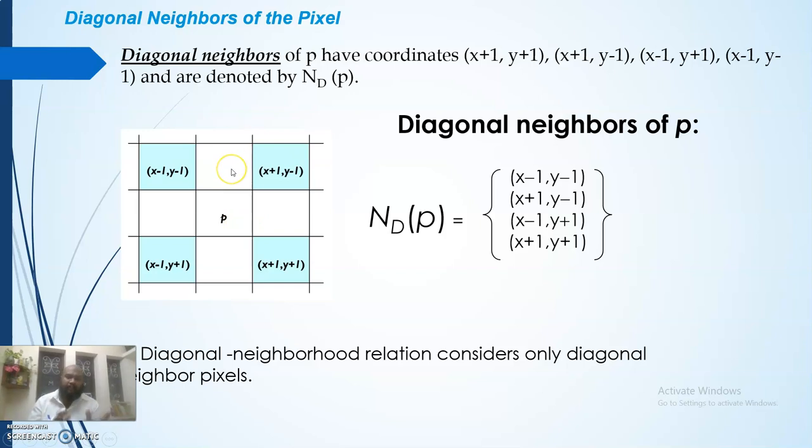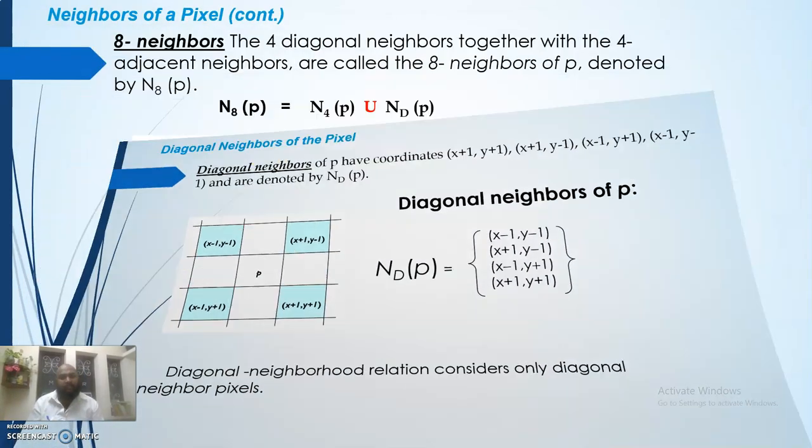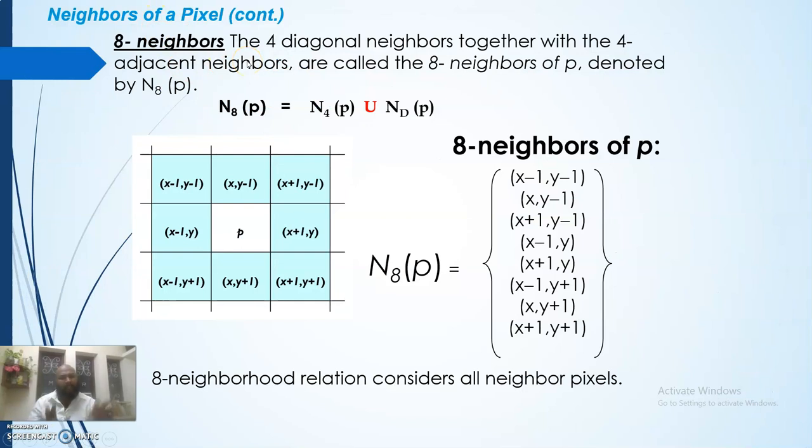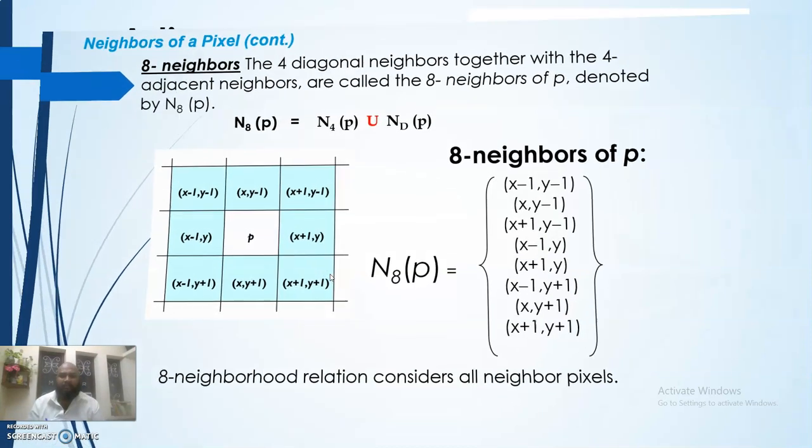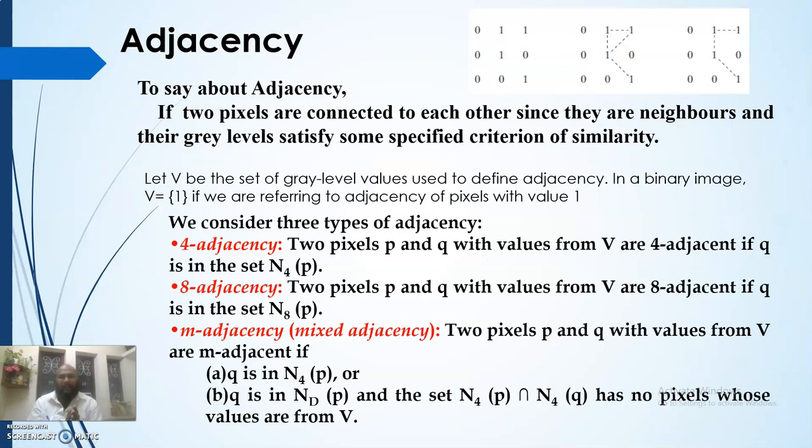And next we can see 8 neighbors. Saying about eight neighbors, it is a combination of both the horizontal and vertical neighbors as well as the diagonal neighbors. This surrounds the pixel. These are the neighbors surrounding the pixel. So I think now we got an idea what neighbors are, that is, the pixels nearest to and surrounding the test pixel. We will call them neighbors.